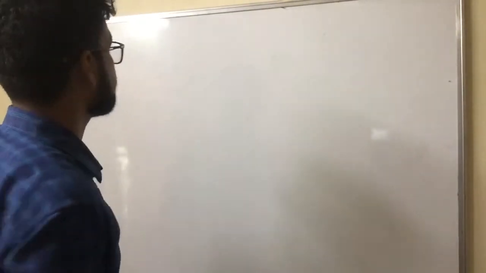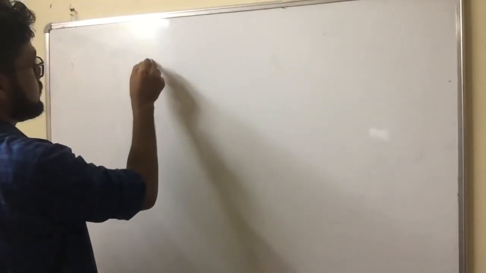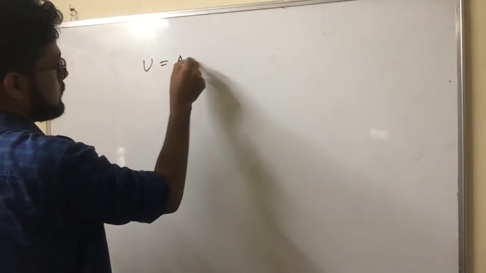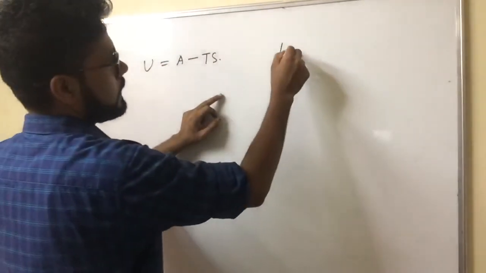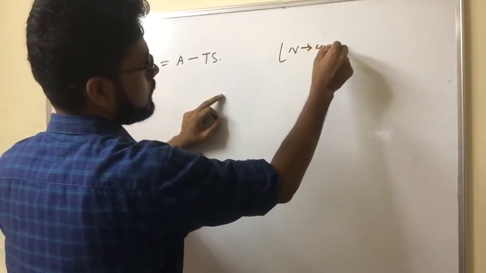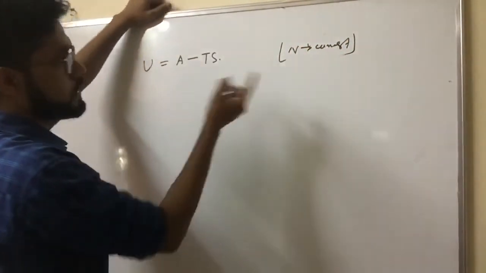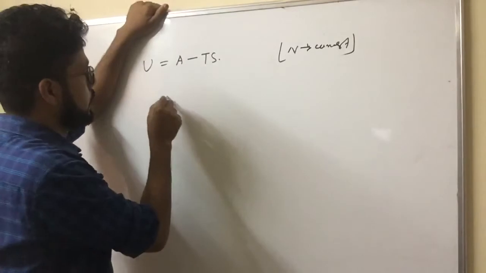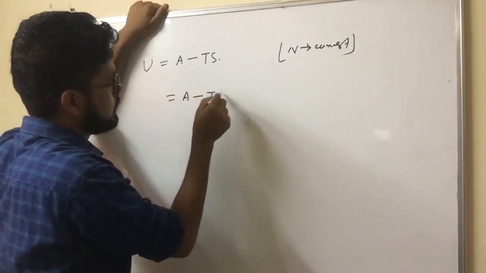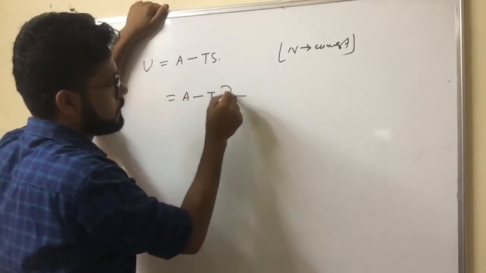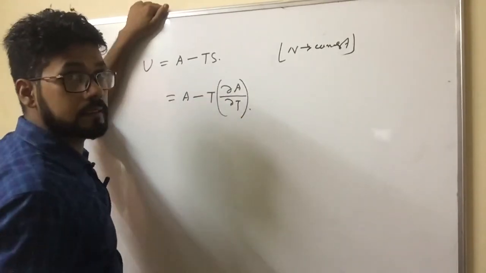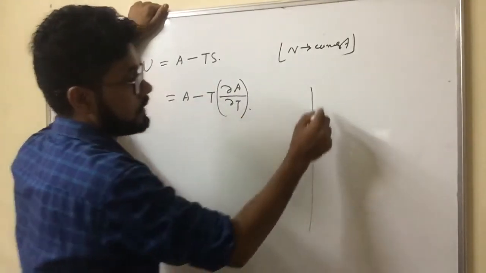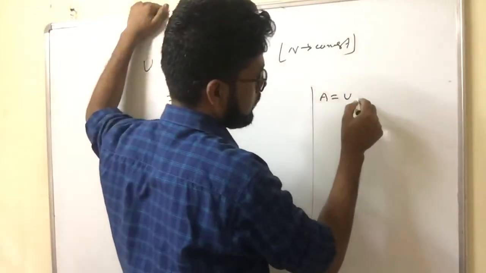Now you see, internal energy we can write A minus TS. Yes, I am not writing with n is constant. Okay, we simplify the formula. Then A equal to dT. S means what? I have already given you dA by dT. Okay, dA by dT, from where we get A equal to U minus TS